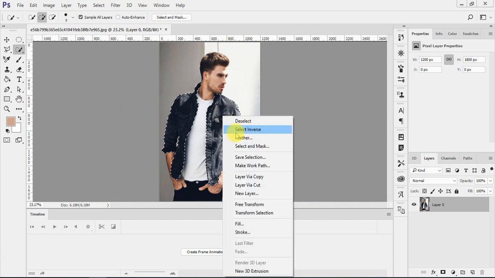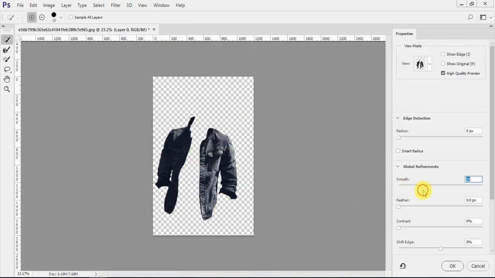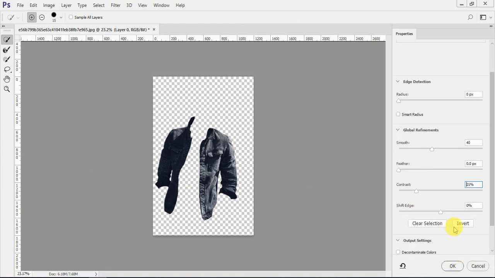Just right click and select Select and Mask. Here you adjust the smoothness of the edges and some contrast to make the edges sharp, not blurred, because smoothing will somewhat blur our edges, so we just add contrast. Okay, so my jacket is selected.